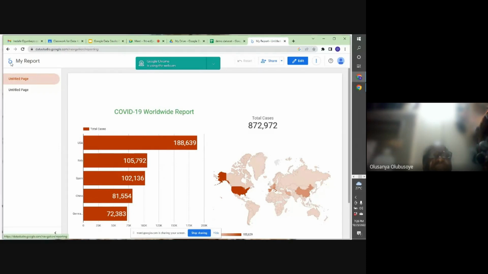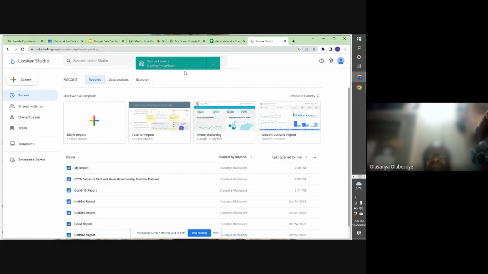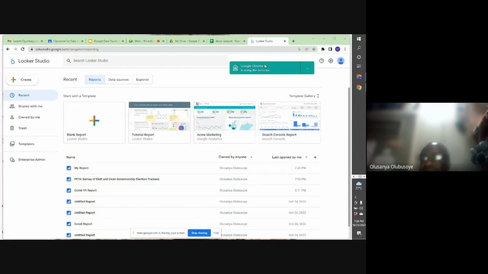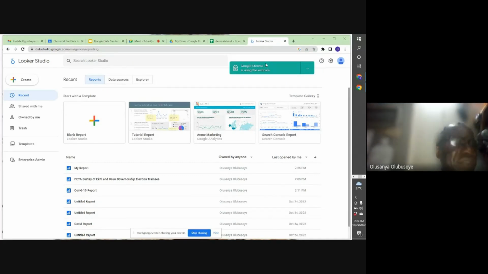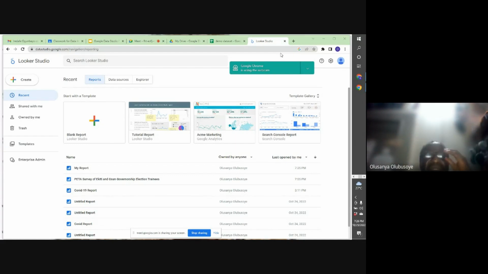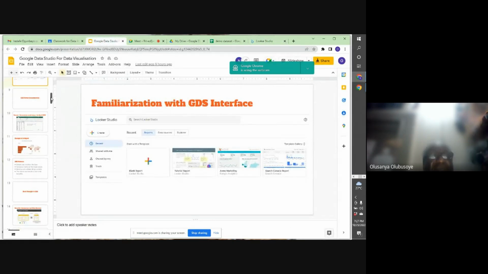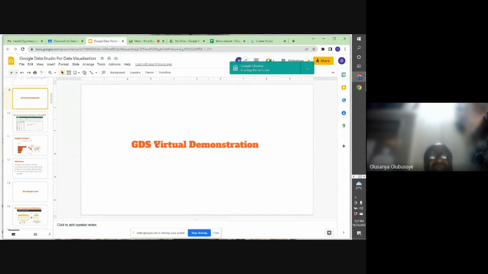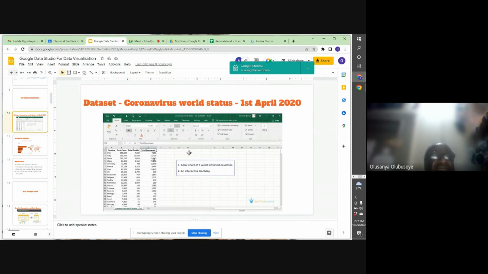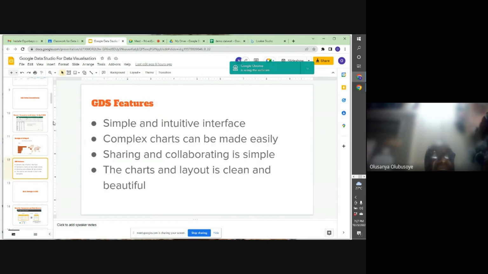So let me go back to the interface. This is the interface. We will learn a few things before we round up today. I've taken you through the environment. The environment is not that congested with many things. So as we go on, you will learn a number of things. But I've done the visual demonstration. I use it to start. The next thing that I want to do is